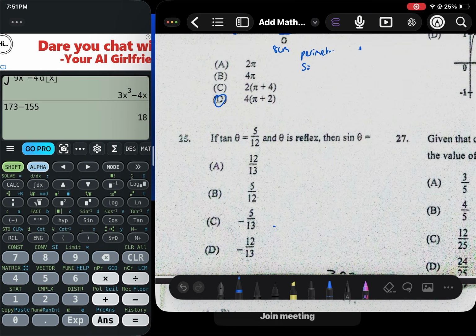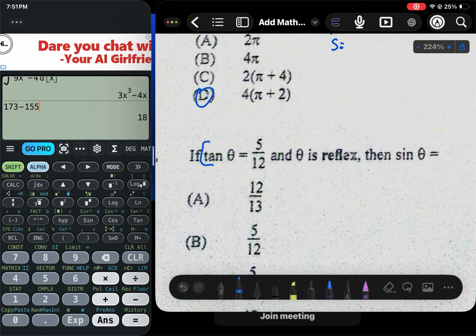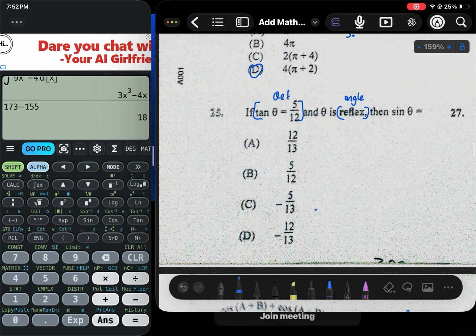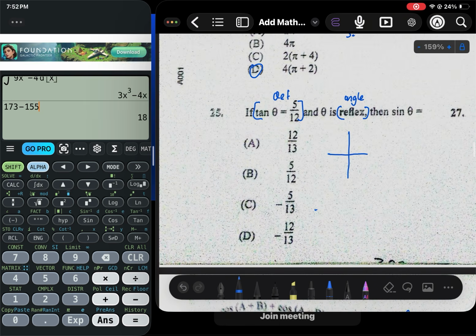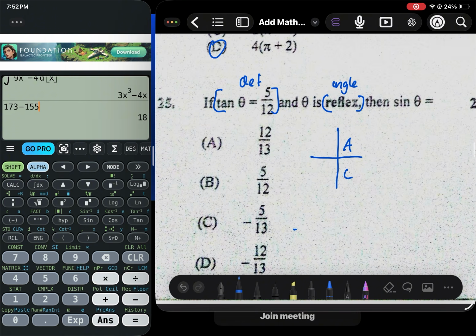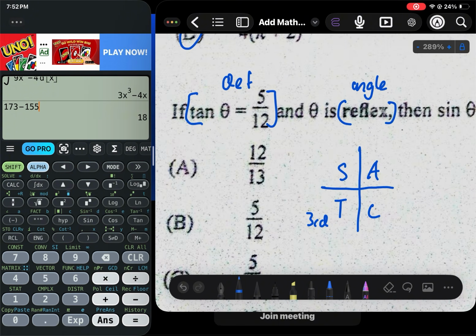If tan angle is equal to 5 over 12 and angle is reflex, then sine angle is equal to... You know, this is our definition, and this is our angle. Using our CAST diagram, which tells us where the identities are positive and negative, we have that tan, when it's reflex, which is greater than 180 degrees, is positive in the third quadrant. Therefore, tan is in the third quadrant. So tan angle is equal to up